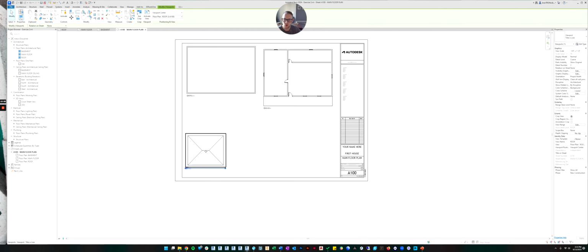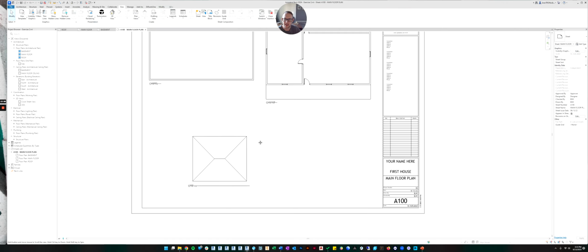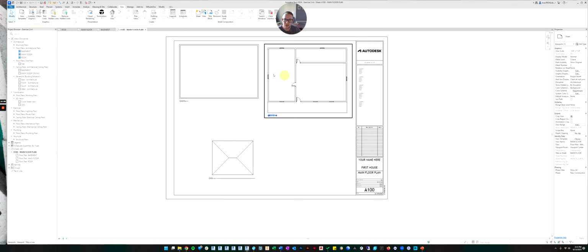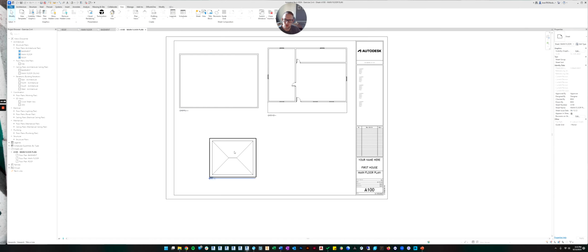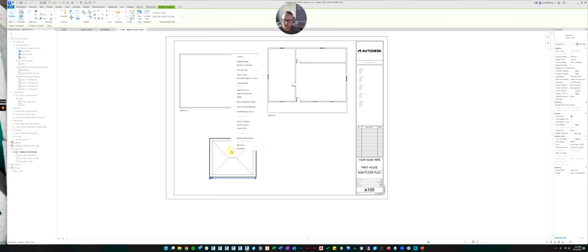Okay, now the third way to change the scale is, again, by entering the view. You could go into the view and change it, but here's a little trick. The views right now, you can just move them around on the sheet, but if you click a view and you right click on it, you can activate the view.